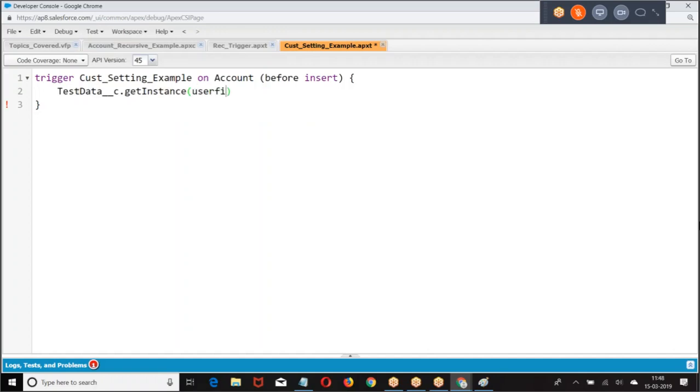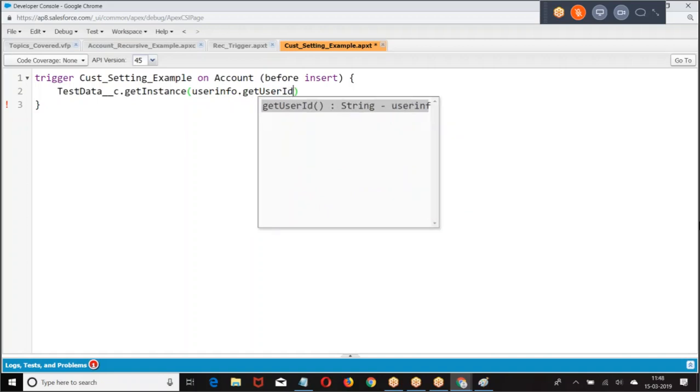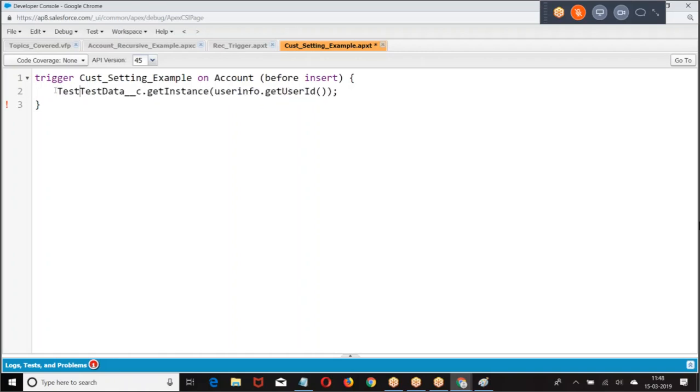Get the instance of this custom setting as per the current user. The user who is logged in right now, get me the instance for that user.